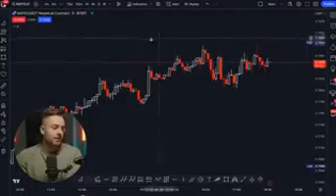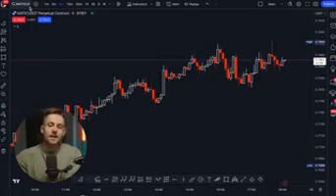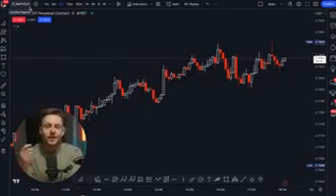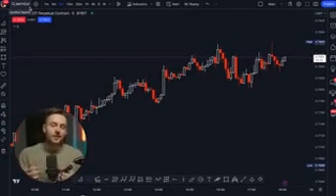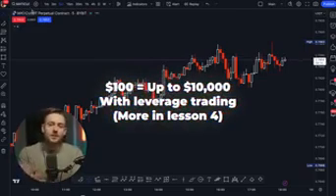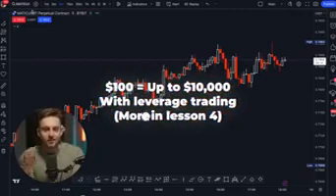All right, so right here, I have my chart pulled up. This is on Matic. So I personally trade cryptocurrency. The reason I trade cryptocurrency is because the market is open 24/7 and it allows me to use high leverage. So I don't have to use a lot of my capital to take really large positions when I'm trading. Okay, I'm going to explain this in way more detail in lesson 4, so hang in there.